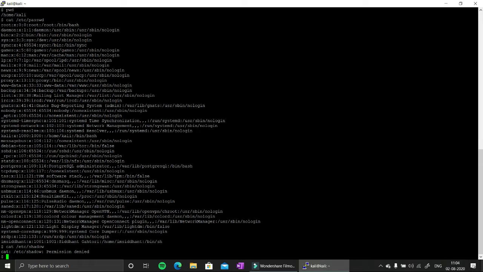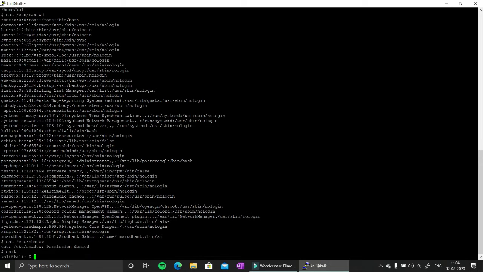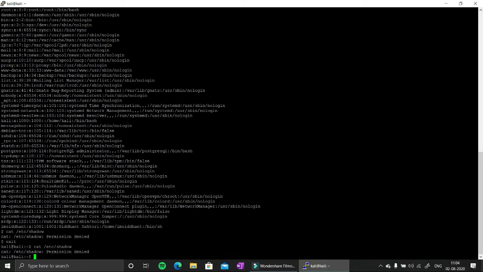Here you can see I can see the users, but I cannot see the password. Permission is denied. If I exit from this and check whether I have permission, cat /etc/shadow, I do not have the permission to see the contents of the shadow file because it contains passwords.